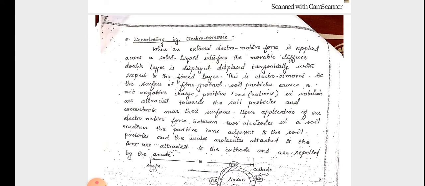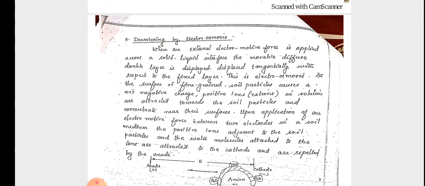So what do you mean by diffused layer? Actually, the diffused layer is a layer of water around the soil particle, and this diffused layer occurs in the case of fine-grained soils such as clay and silt. That is, the water gets adsorbed on the surface of the soil particle. Here, by means of gravity as well as by means of a vacuum dewatering system, it is not possible to remove this adsorbed water on the surface of the soil grain.